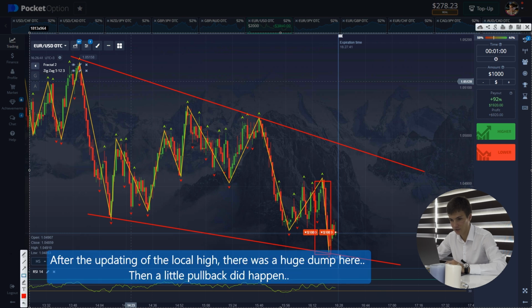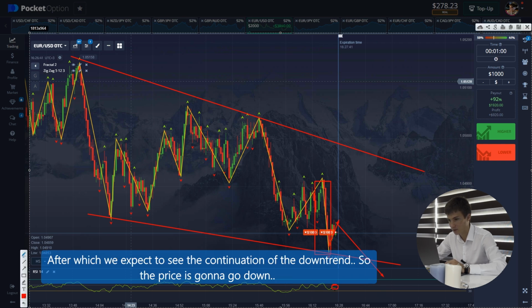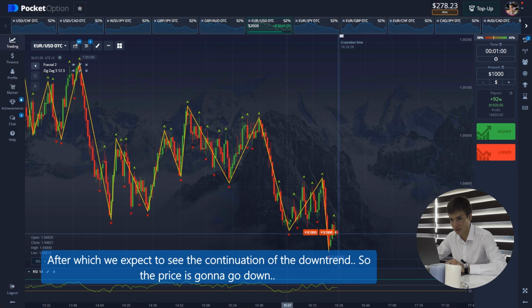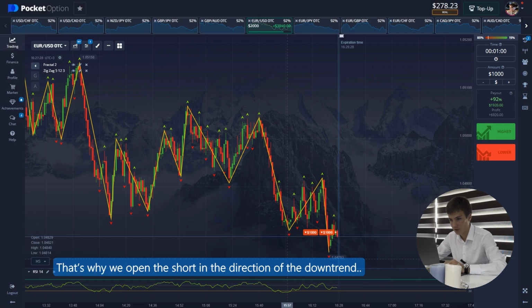After the updating of the local high, there was a huge dump here, then a little pullback did happen, after which we expect to see the continuation of the trend, so the price is going down. That's why we open the short position in the direction of the trend,